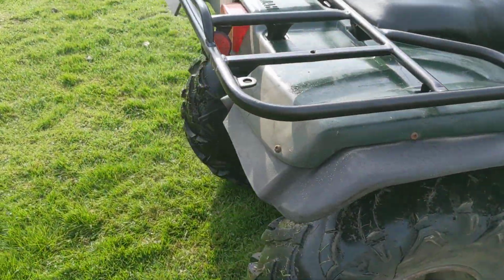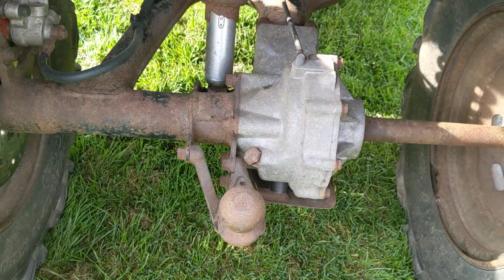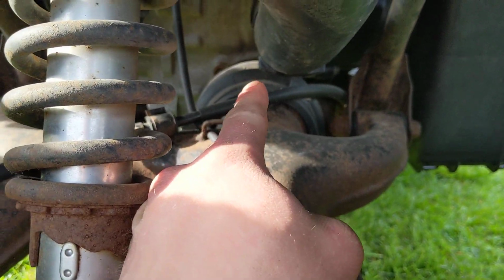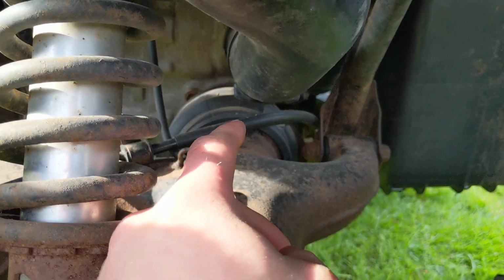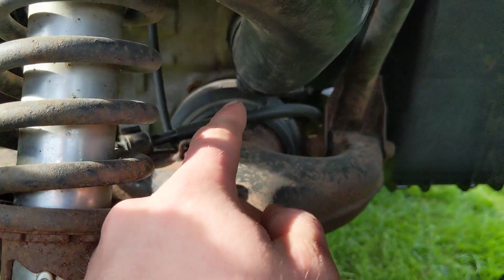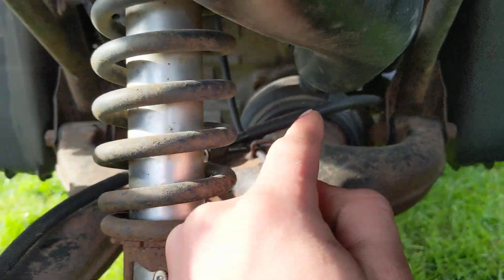I can tell it's been reasonably well maintained because normally when I get one of these there's no rear axle oil in them. That's primarily because this boot back here tends to rip. They rip very easily, which means the rear main seal often goes because they get a load of crud in them. The reason they rip is partly because they're exposed to the sun and it's a big rubber boot,